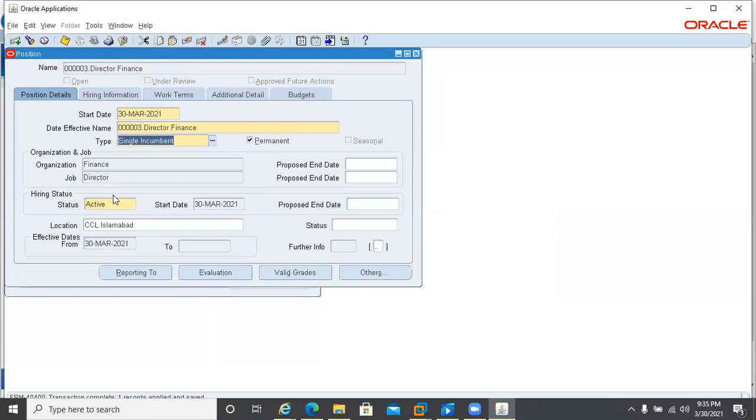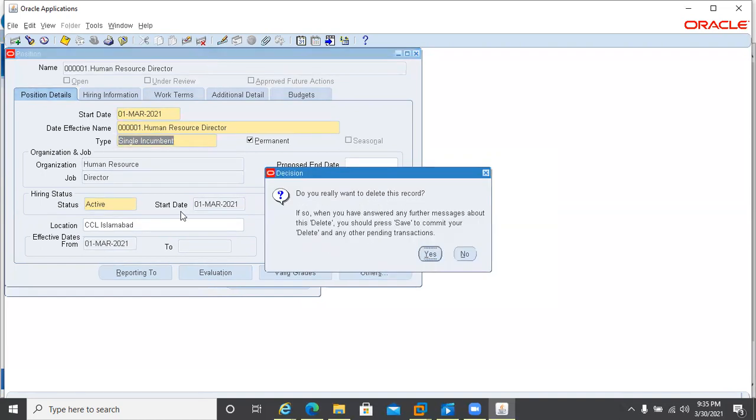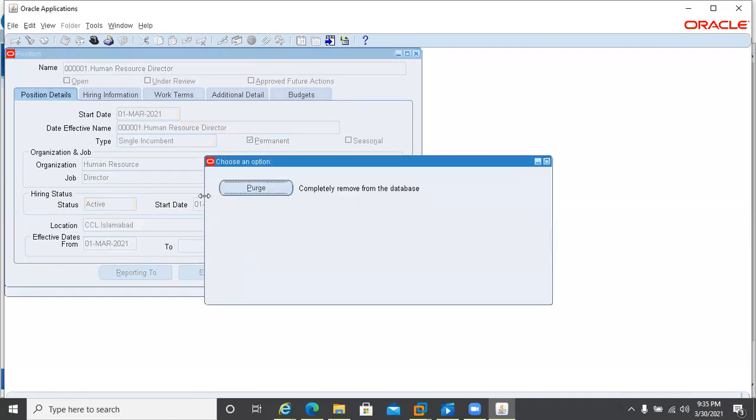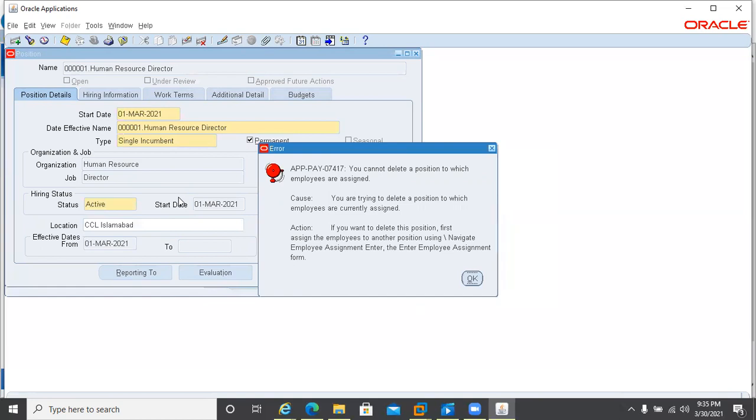So if you come here and try to delete a position, you cannot delete it because that position will already be attached. For example, let me try to delete this position. See, you cannot delete a position to which employees are assigned. You get my point? Okay.